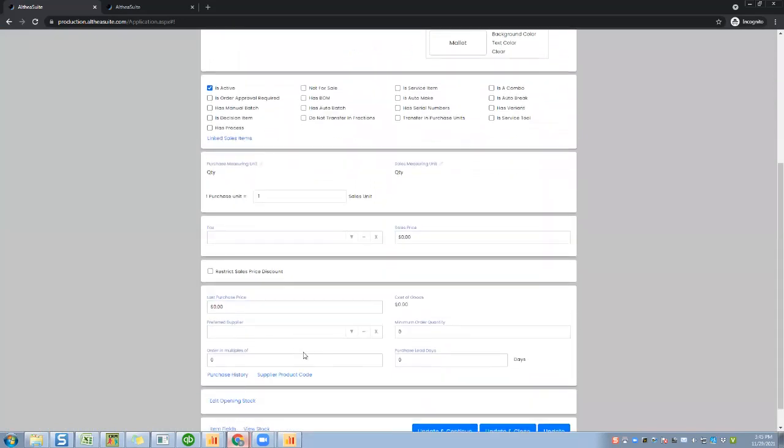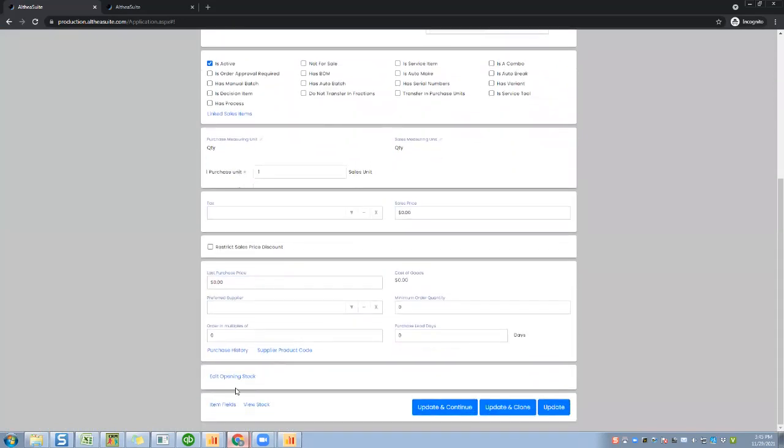When you are starting, you can create your opening stock. This is what you're starting to use Althea with. The purchase price is the cost which will get updated as you keep purchasing in the system. We do manage complete COGS. You can have a preferred vendor for each product.